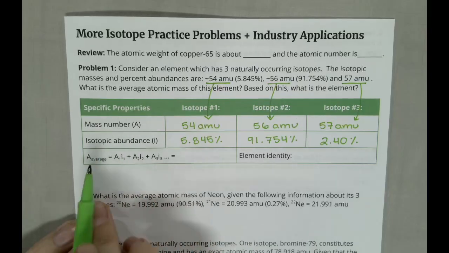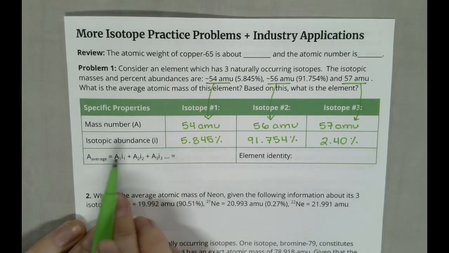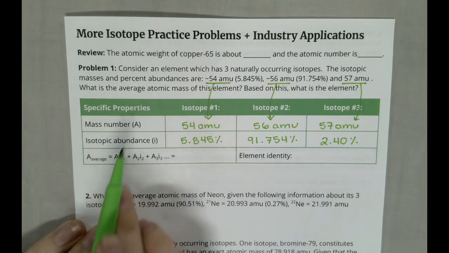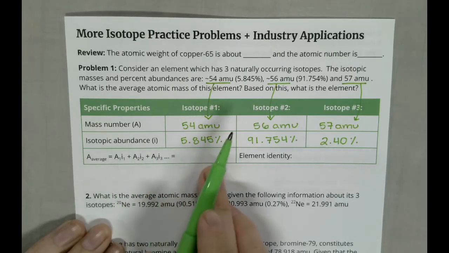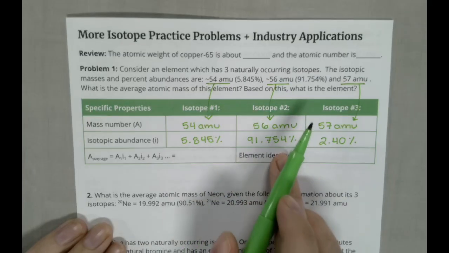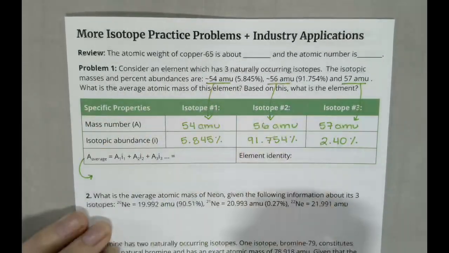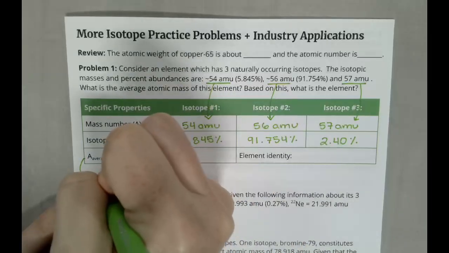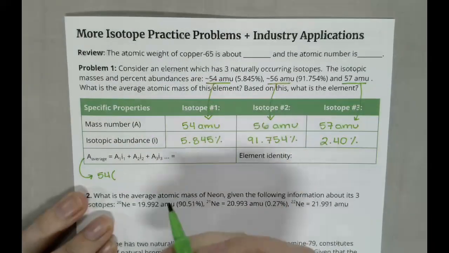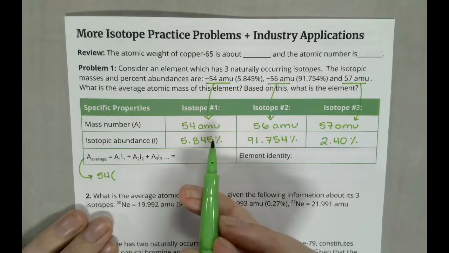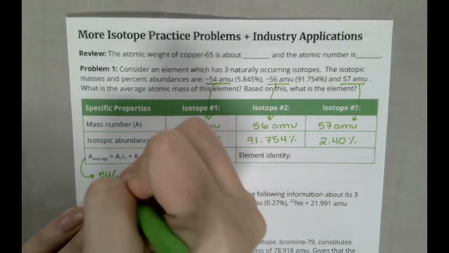All right, now this next box is A average. That is the average mass. And it gives you an equation for this. It's a little bit confusing looking, but it's just the mass number times the abundance, plus the mass number times the abundance, plus the mass number times the abundance. So let's write this out down here. Okay, it's going to be 54 times the abundance. Remember, we can't write the abundance as a percent. We can write this over 100, or we can convert it to a decimal form, which would be